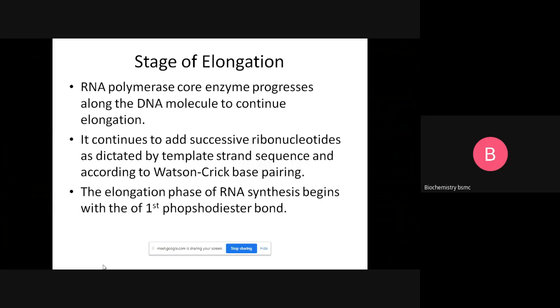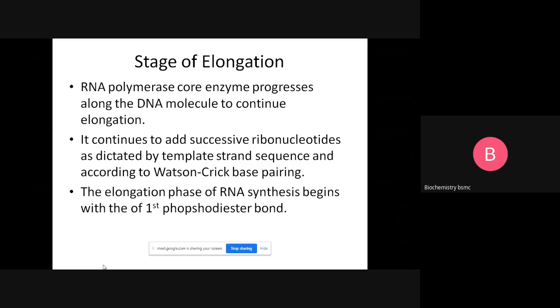and that leads to a formation of this RNA. The initiation takes place, and the beta subunit of the core enzyme starts the transcription, forming a phosphodiester bond. So here, between the first and second nucleotide, and usually the first nucleotide is adenine or guanine. Next we proceed to the discussion on the stage of elongation.